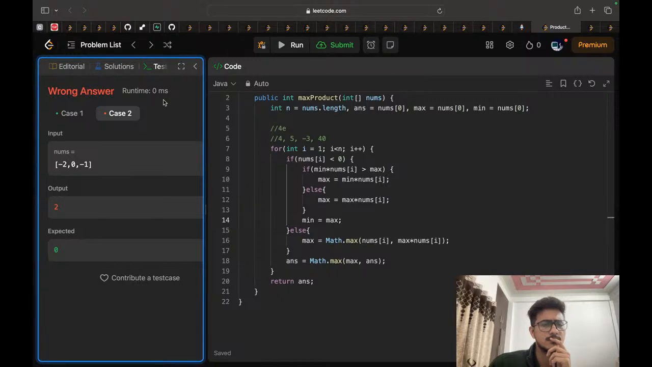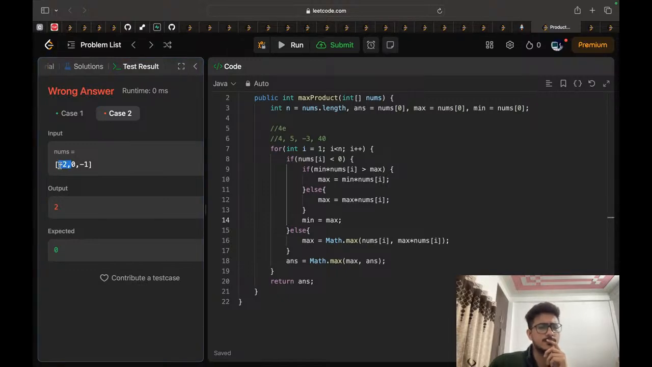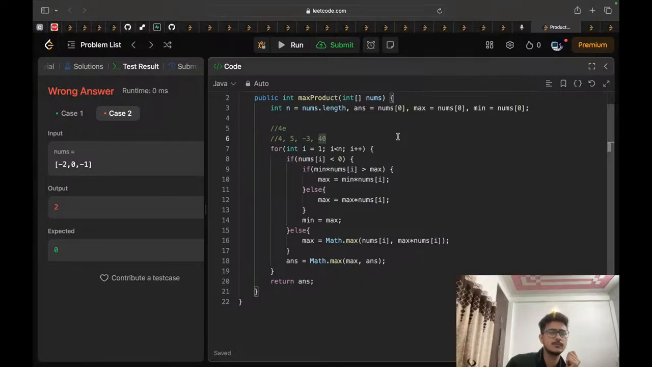Okay, -2, 0 पे गए, 0 पे गए तो मैक्सिमम लेगा, आंसर है।